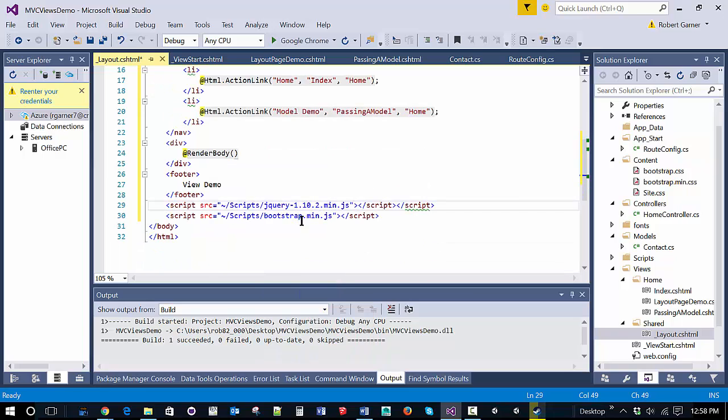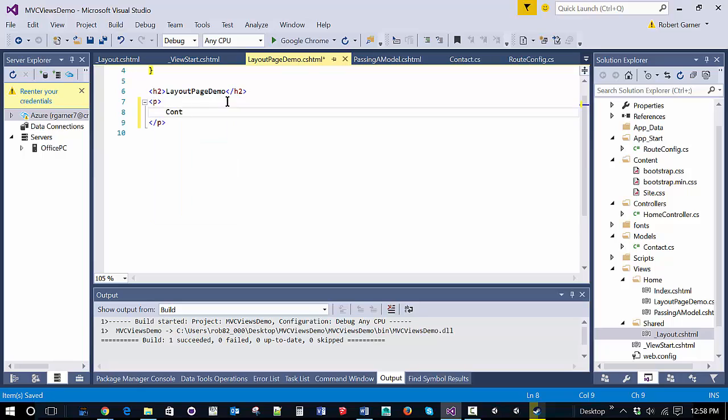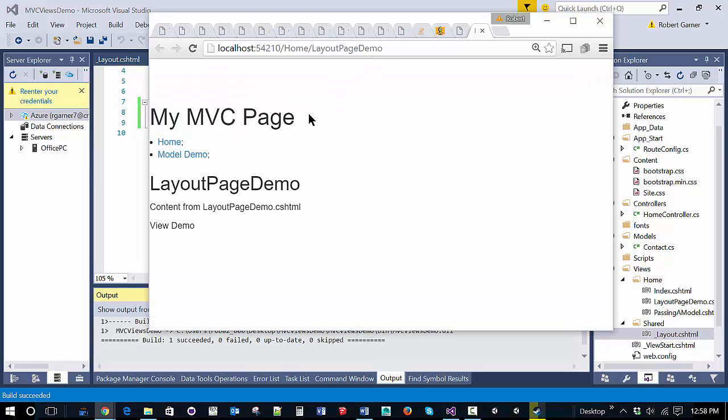Well, one for jQuery, one for Bootstrap. In our layout page, we're going to add a paragraph tag here, just so we can see where the content would show up. And you can see now,